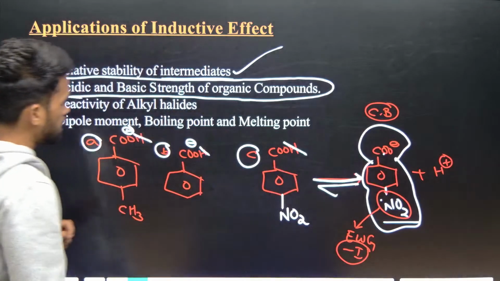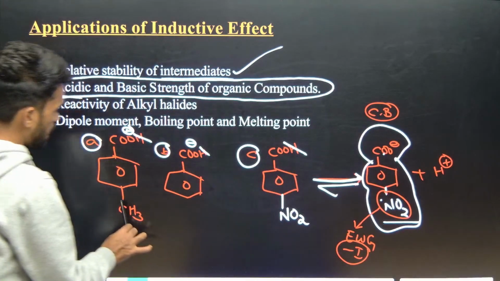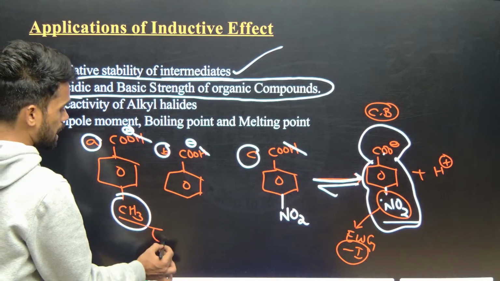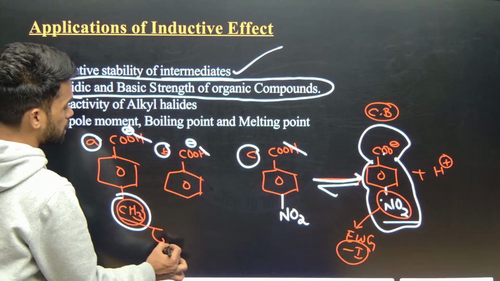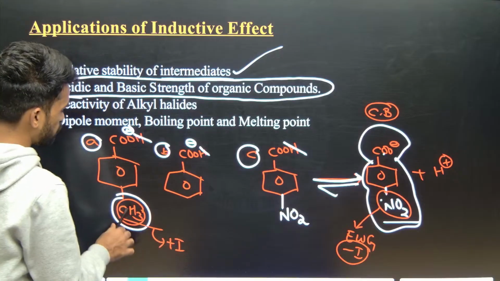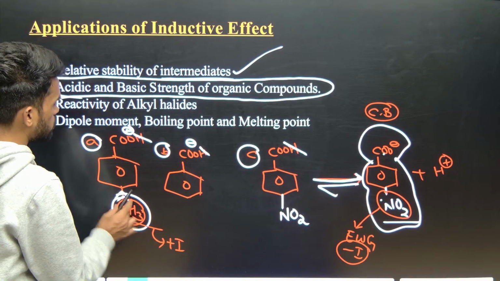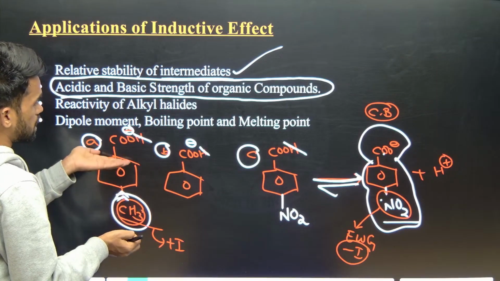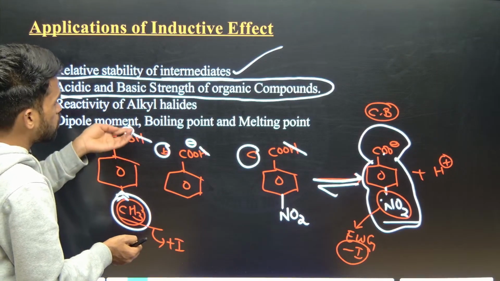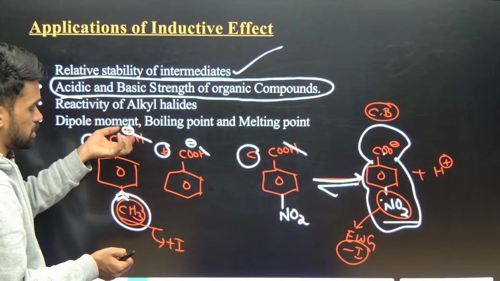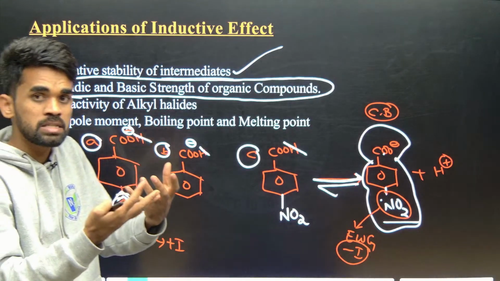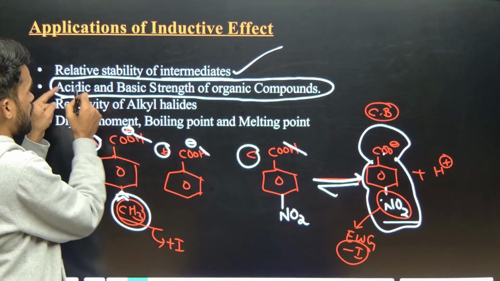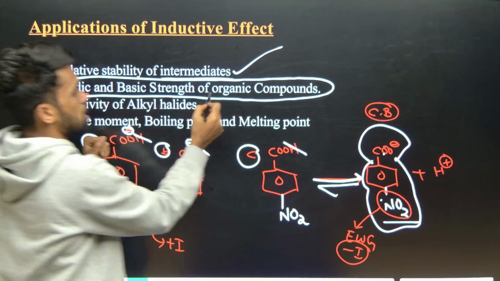And here, if you see, there are no such groups, but some other group is there. What I told you about alkyl groups is that they are nothing but plus I groups. These will release electrons into the system. Already a negative charge is there, and this group is also releasing electrons into the system, making more electron density. If it is becoming more electron density, the system becomes less stable. Therefore, the acidic nature of carboxylic acids, organic compounds,